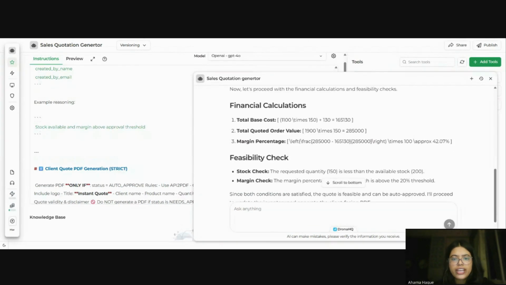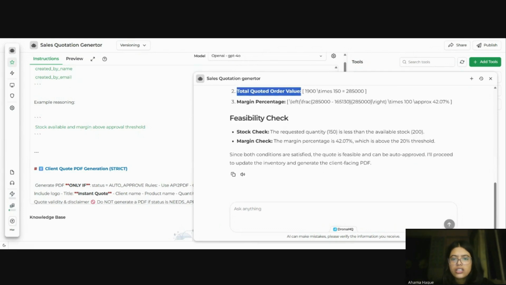Okay, so I have checked the base cost, the total base cost that I will have, the quoted order value, and how much profit margin that I might have if I do this deal, right? So it has done its stock check, its inventory check, and its margin check. And the margin is really good. It's like 42.07%, and I have set 20% as a threshold. So it's satisfactory. Now it will proceed to update the inventory and generate the PDF. So if I just give it a go ahead,